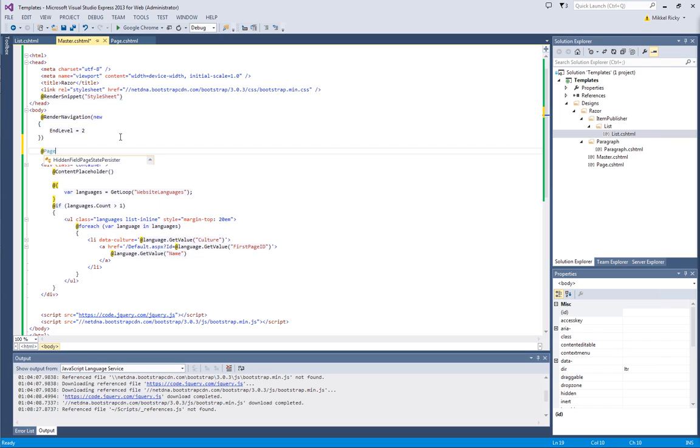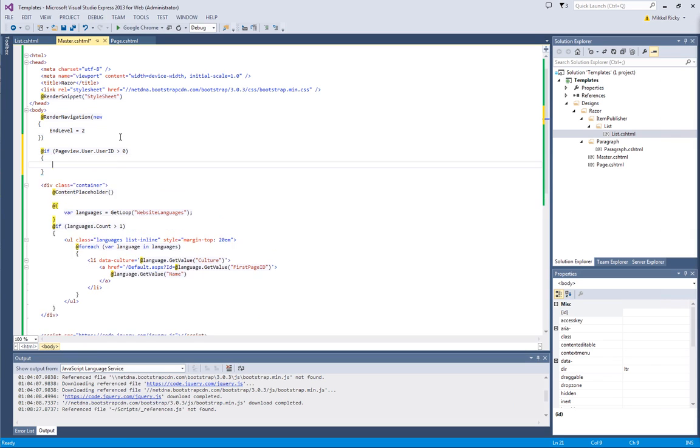But in Razor, we can get the same information from the page view object, and that's the page view object that's used when rendering a page. So we can ask this for a user, and there always is a user. So this object is always set. And if page view.user ID is greater than 0, then I know that user